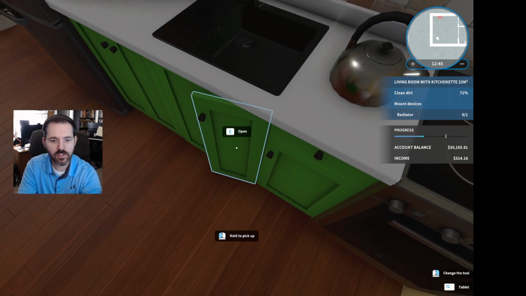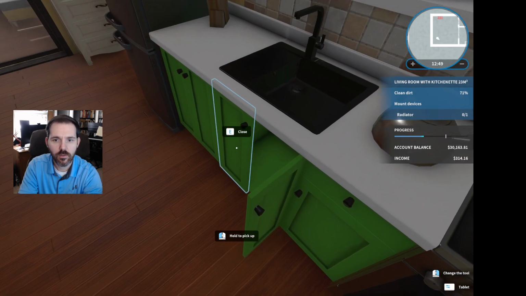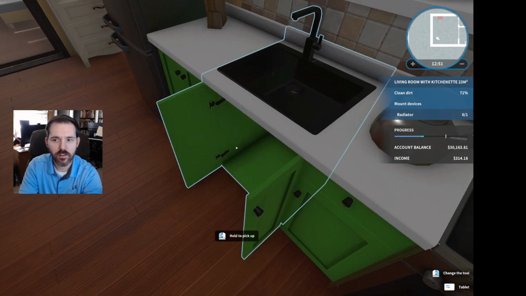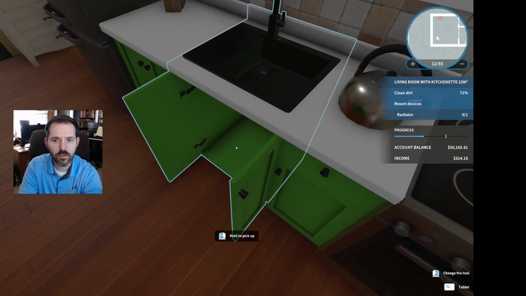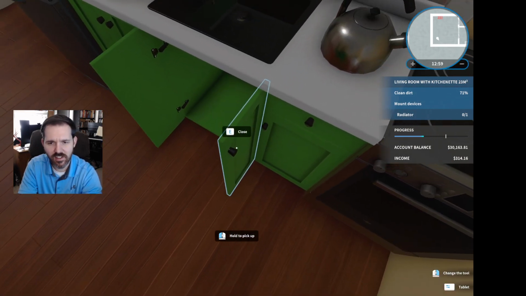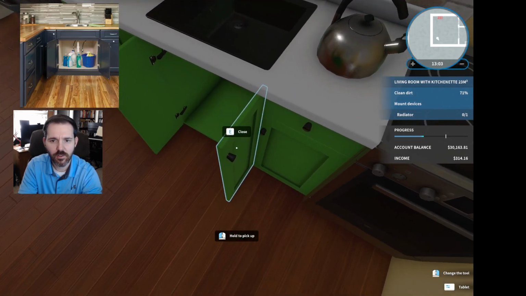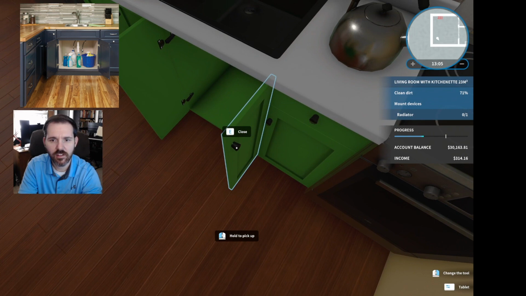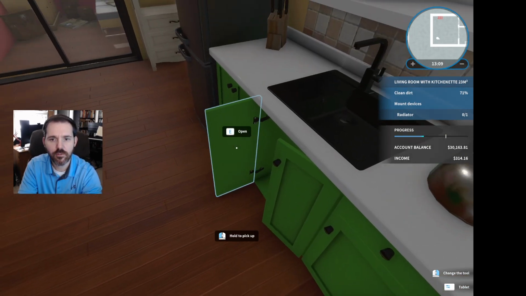Let's see. Actually, maybe we can open the cabinet here. Ooh, I have an idea. We can put the tea kettle under. I don't want to put it under the sink. That's where you put your cleaning materials, your detergents, and things that are not food friendly, right?